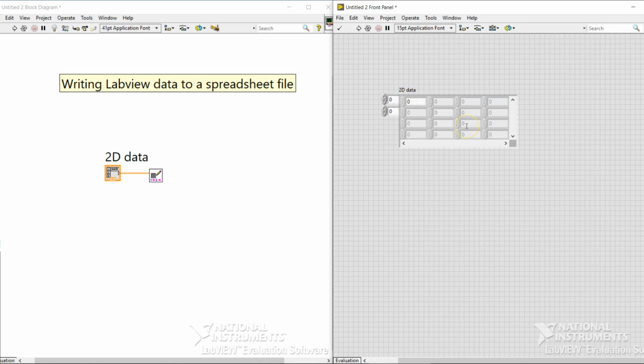Okay, so let's put in some numbers over here. Let's say 1.234, and let this one be 2.1234, this one 3.1234, 4.1234, 5.1234, 6.1234, 7.1234, 8.1234, and then last 9.1234. Okay, so this is my data in the array,